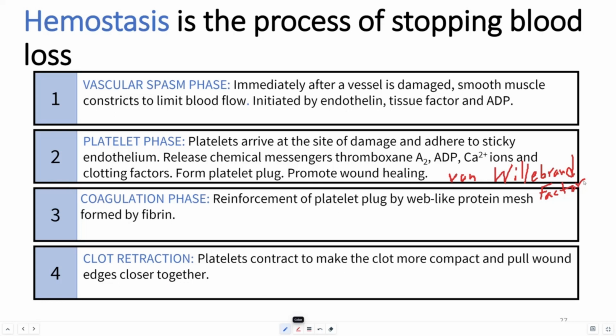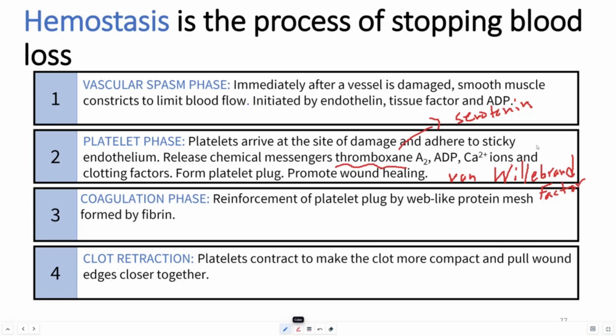As platelets undergo these changes, their cytosol also begins to change by degranulating, and they release chemicals that assist in hemostasis. Chemicals like thromboxane A2, ADP, calcium ions, and clotting factors begin to be released, and they start promoting the wound healing. Some chemicals that I want to highlight here that will prolong vascular spasm include serotonin and thromboxane A2. As more platelets are attracted with the release of ADP and thromboxane A2, it facilitates even more degranulation and the